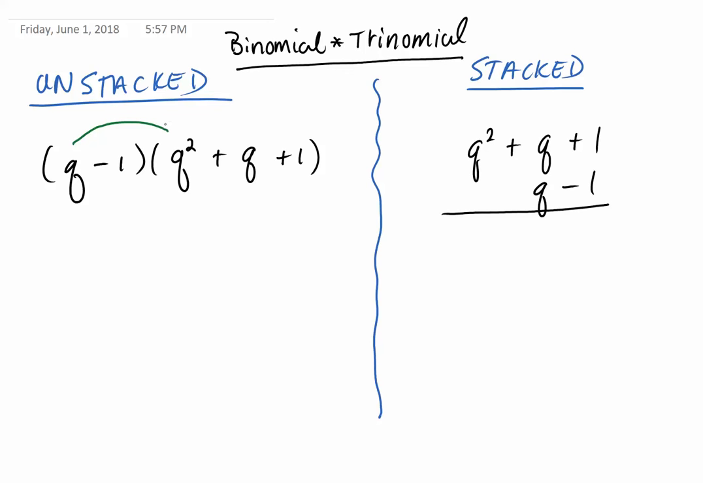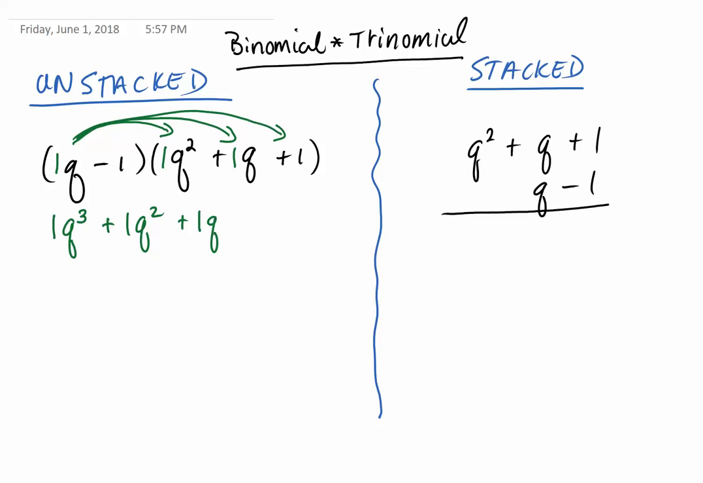I'm going to multiply the first term of the binomial times the first term of the trinomial. Just as a reminder, these coefficients, since they're not written, are implied to be 1. So 1 times 1 is 1, and then q times q squared is q cubed. Then I'll take the first term of the binomial times the second term. Again, we've got a coefficient of 1, so 1 times 1 is 1, q times q is q squared. Finally, that first term times the third term, 1 times 1 is a positive 1, and then I've got a